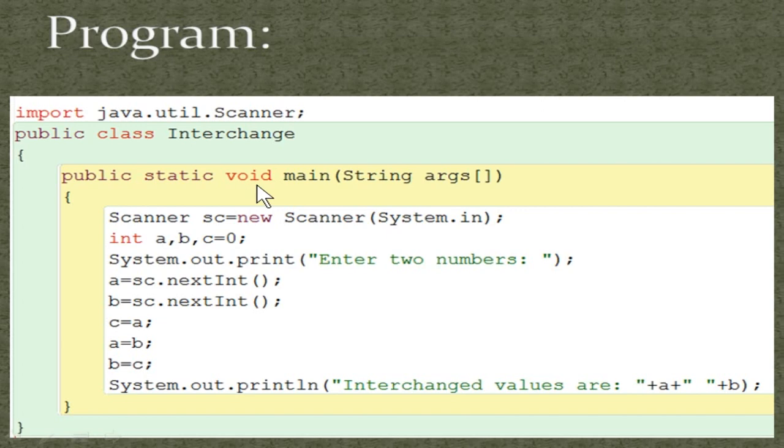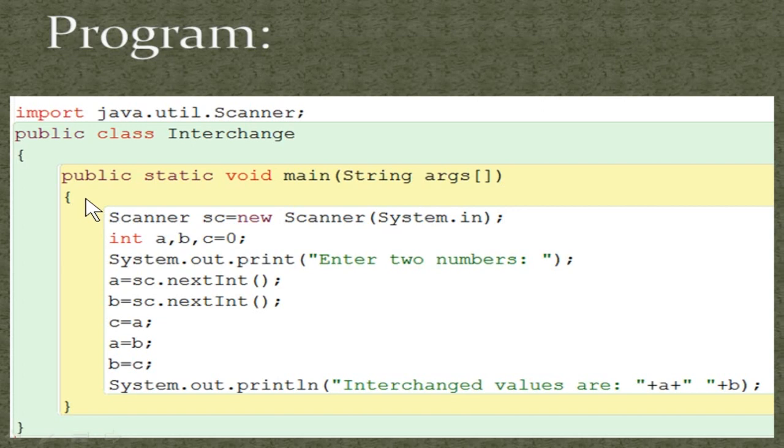So you have the keyword void, and then main is the name you have given to the function. And then you have an open parenthesis. Inside that you will have String args. It is nothing but an array variable, which can hold a collection of characters, that is, you can say strings, a list of strings. And this will be used for command prompt input. This can also be used as an input. Okay, we will discuss that in another video.